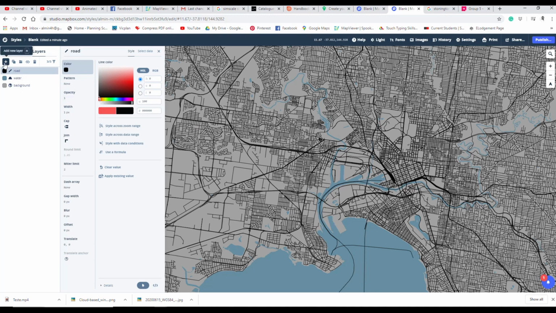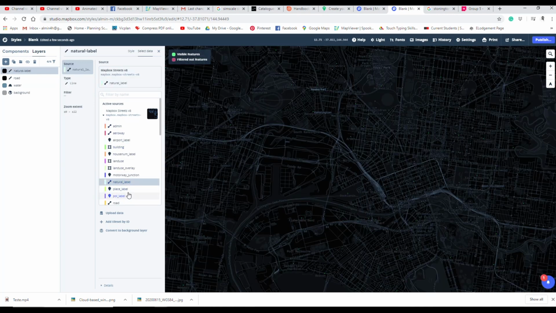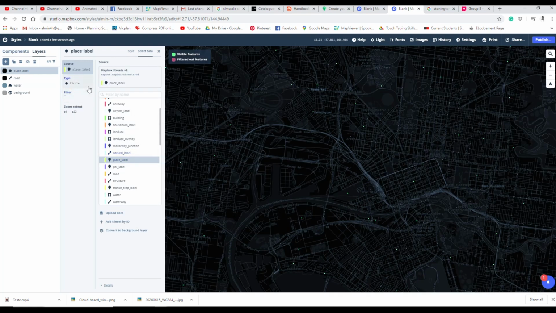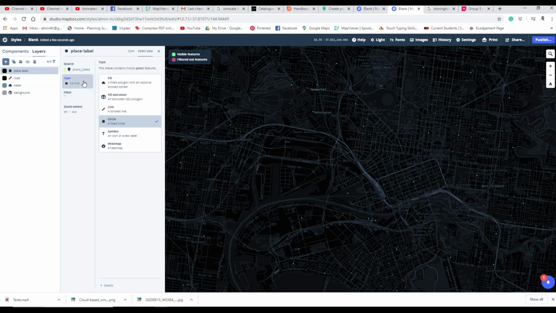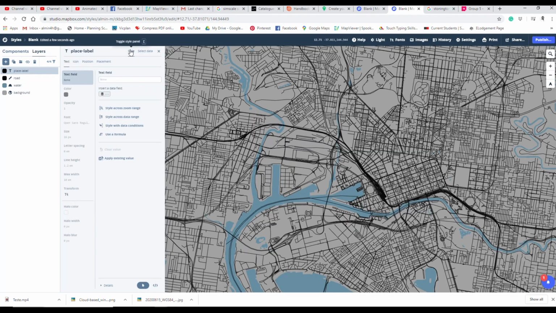So we're just going to add place labels. That will show the places. If we select place labels and go back to style, from type we can represent it in different ways. We can represent it as fills, as lines, but we want symbols, like we want actual text to appear. So if we go back to styles,